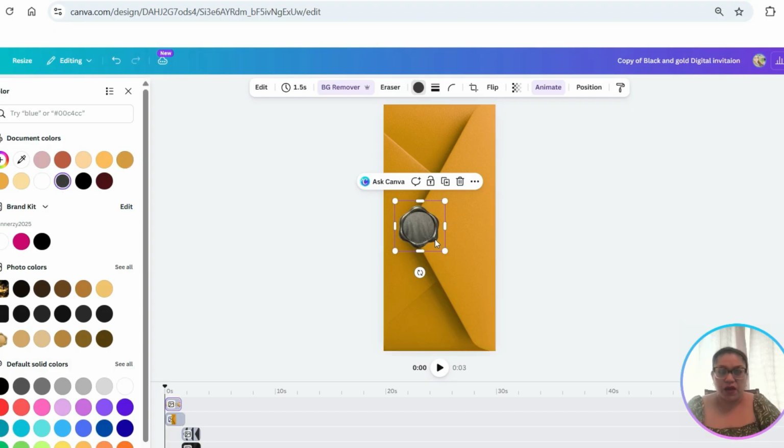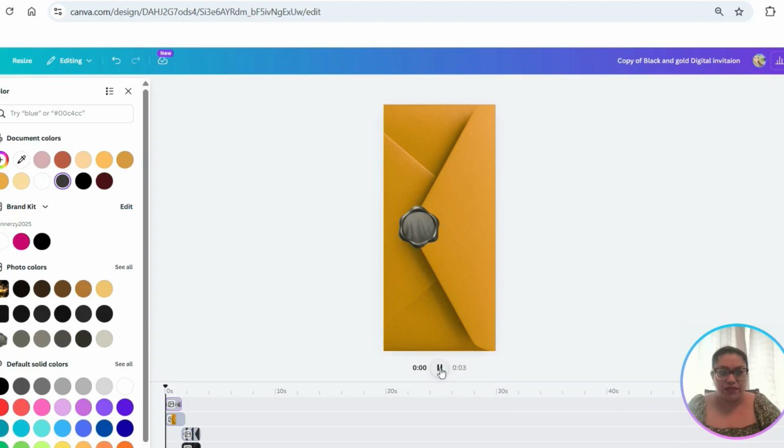There we go. What I like about these graphics is that even when you change the color, it still gives that glow, that 3D glow. So you don't have to do anything. And on this template, I also have shadows already assigned to it. So it looks like it's popping up open and you don't have to do anything. All right. So then if I play it,